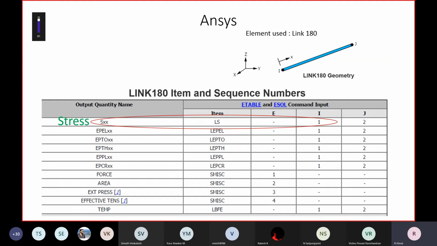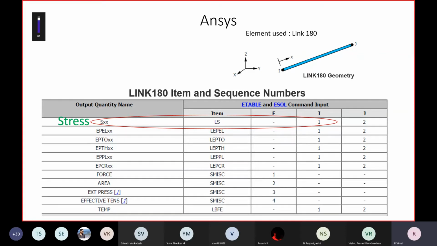Then there is something called the element table. In the previous cantilever sums, we used the element table, right? Where we use a sequence number. In this case, from the element table, we use a parameter called LS. This is very important. You will not be in a position to execute this element table from home because you don't have that access in the version that you have.